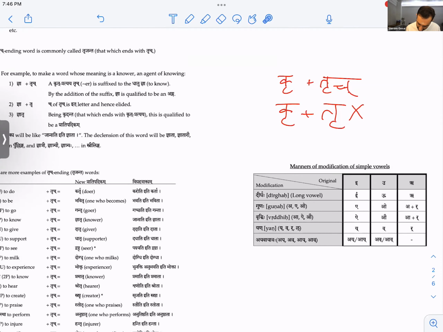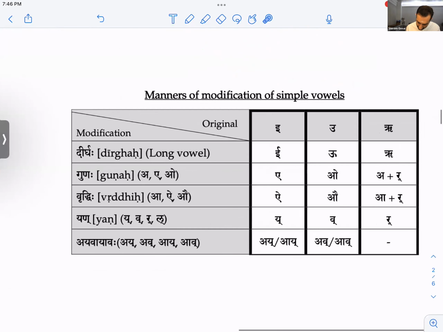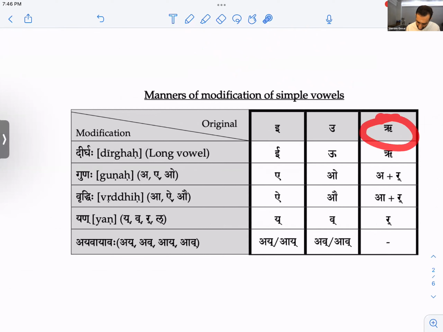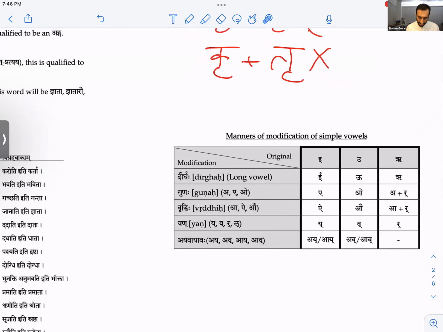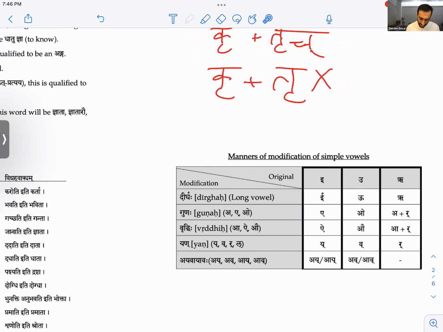Okay. So now, what does that mean? So you see in this chart right here, I have rikara, and rikara, when it becomes guna, becomes ar. Ar, right? Akara plus refa. So with that said, when guna happens, I add an akara, and it becomes kar.